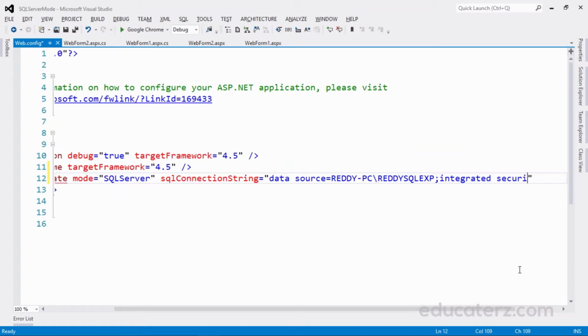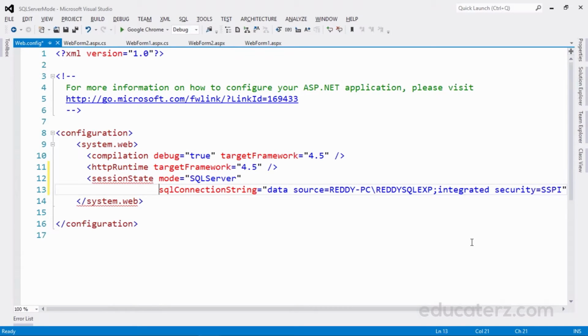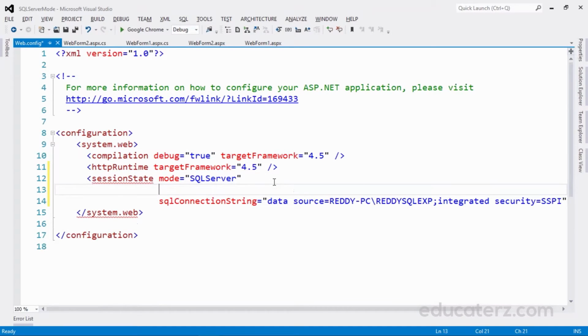So what we are doing here is storing session state variables in a separate database. SSPI. Now timeout. Again I'm mentioning one only.